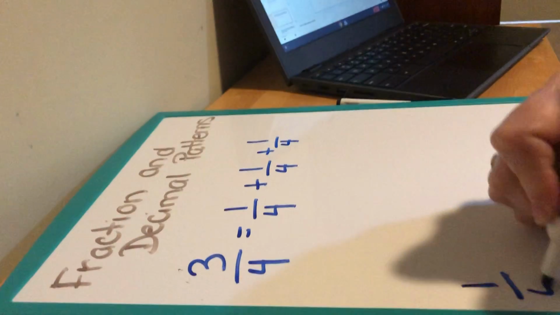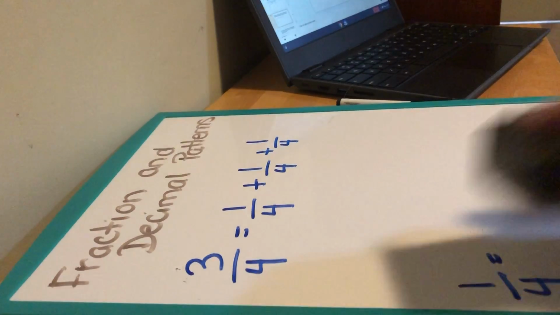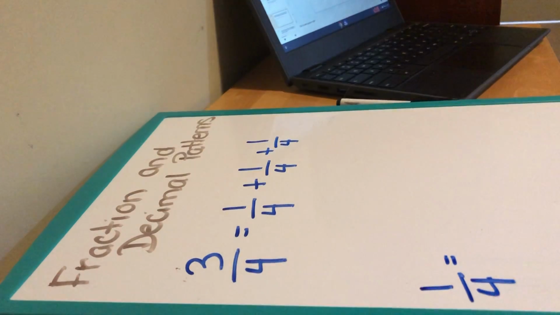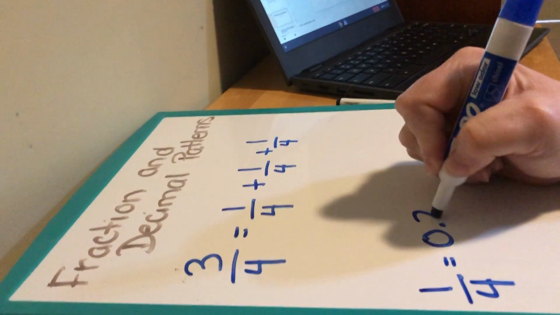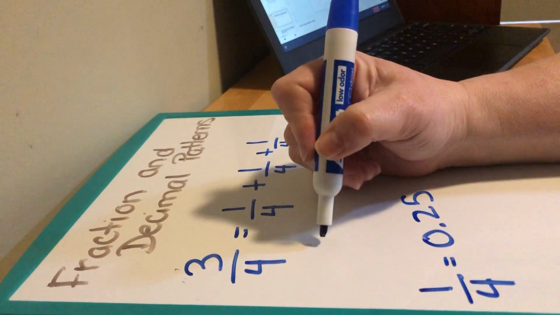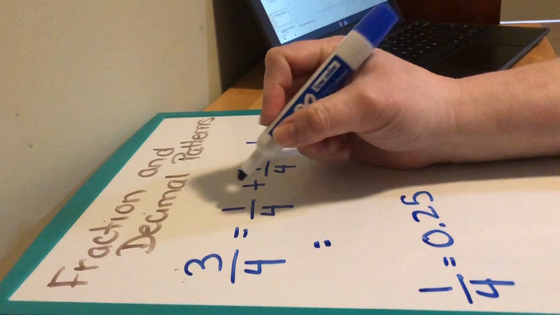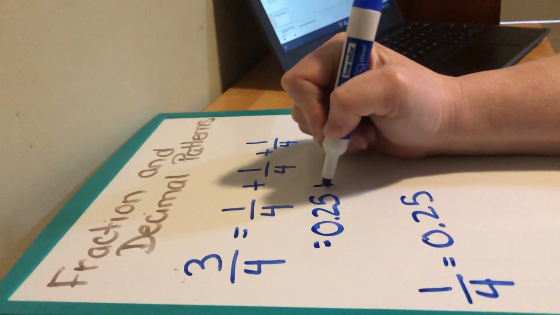As a visual reminder, 1/4 as a decimal, let me write that so you can see it better, 1/4 as a decimal is 0.25. So if I go back to our original equation with our unit fractions, I can exchange our unit fraction of 1/4 for 0.25 plus